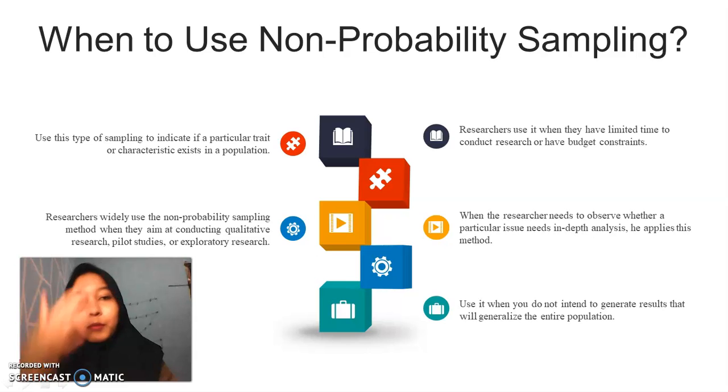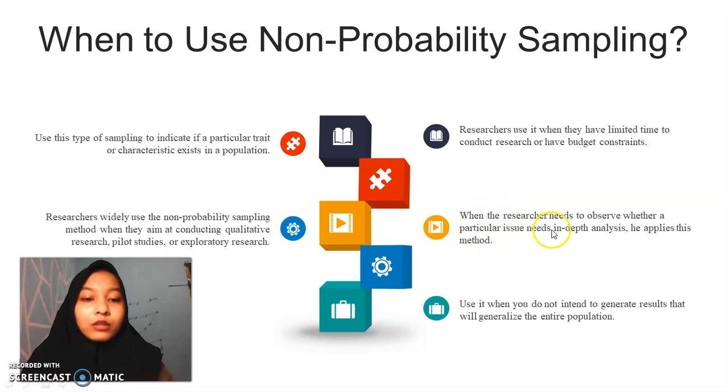When to use non-probability sampling? The first condition, use this type of sampling to indicate if a particular trait or characteristic exists in a population, or researchers widely use the non-probability sampling method when they aim at conducting qualitative research, pilot studies, or exploratory research. Or another condition, researchers use it when they have limited time to conduct research or have budget constraints,